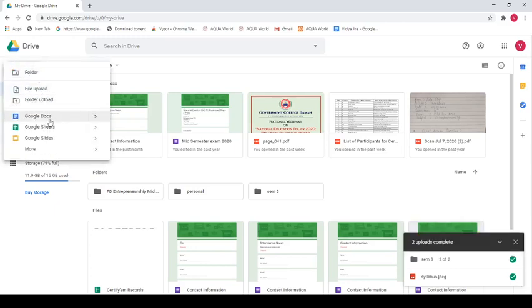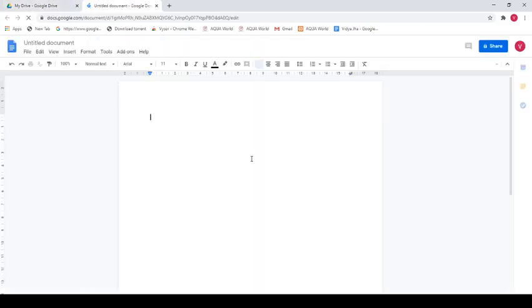Now the next thing, let me show you. The other thing is Google Docs. Google Docs is something like the Word document which we have been using. The entire thing is the same, right?